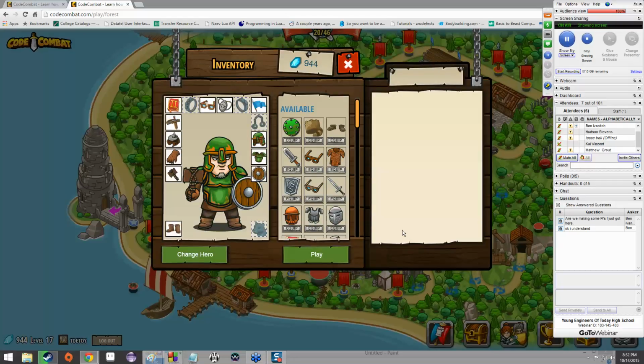Word of warning, if you've used CodeCombat before in JavaScript, like anybody who was in Young Engineers in the spring semester, you are going to have to go through all of the levels that you completed in JavaScript, and change the hero's language to Python on every single level that you've completed.